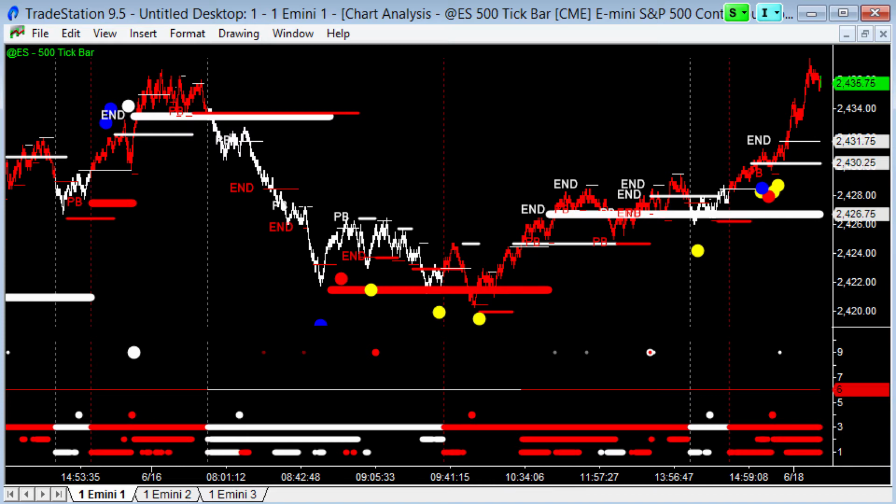So first thing to say, this is a 500 tick bar chart. I use tick bar charts because they allow me to calculate the average trade size on a bar-by-bar basis. You put on a volume indicator on a tick bar chart, and instead of the total volume, it'll show you the average tick size that's going through trade by trade. That is really important information because it allows you to identify professionals and amateurs by looking at large and small average trade size.